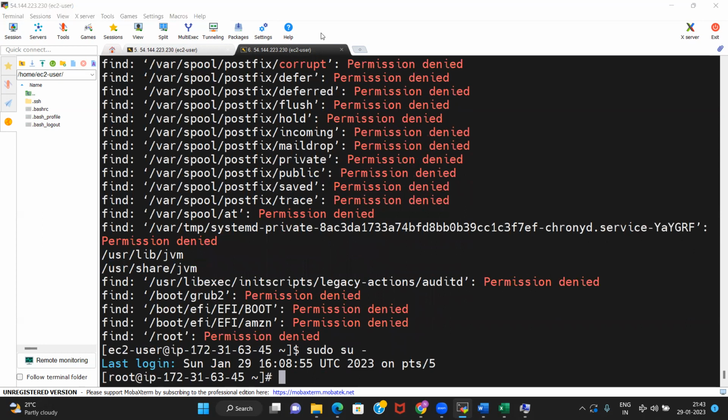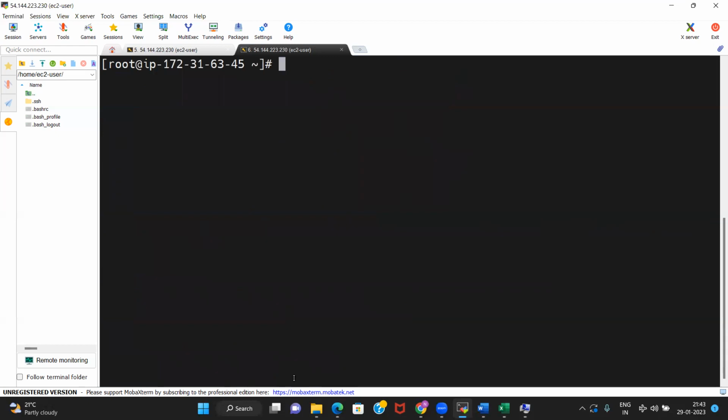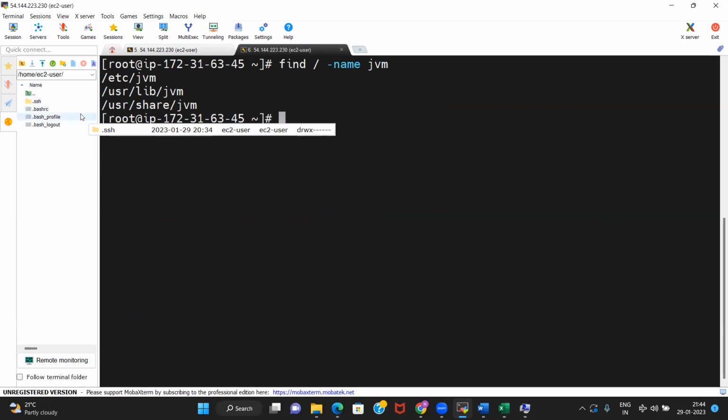Let us clear it and then find / -name jvm, and it will give some locations for this JVM.